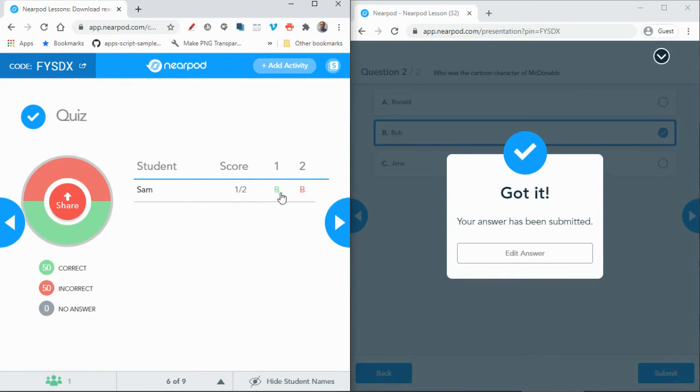In this case, it's green, or red for incorrect. So it's a nice quick way. And then, of course, you can discuss these things with your students. So if I go right,